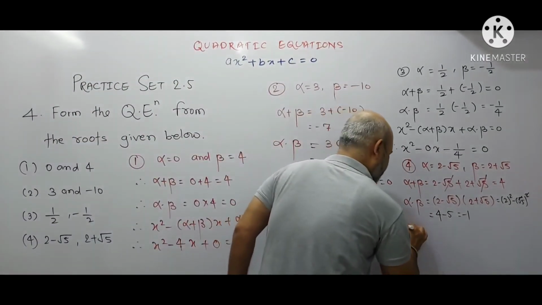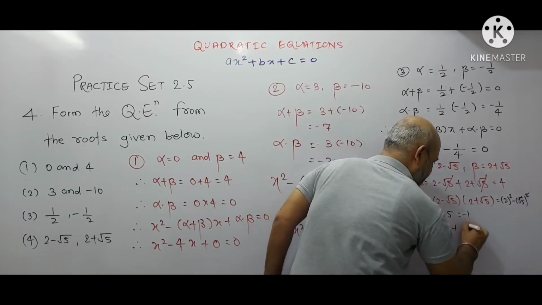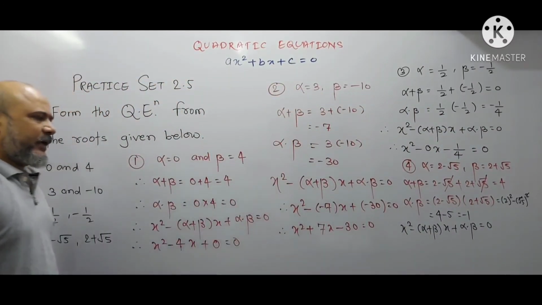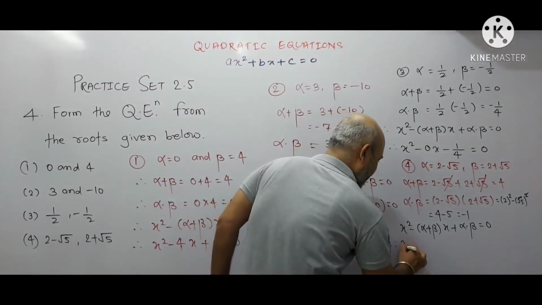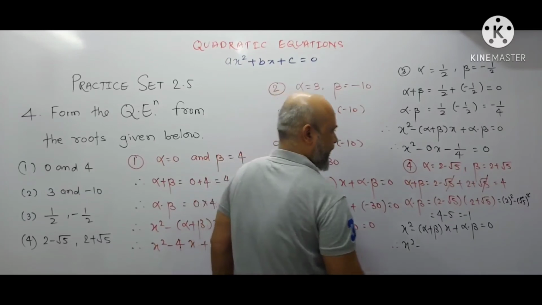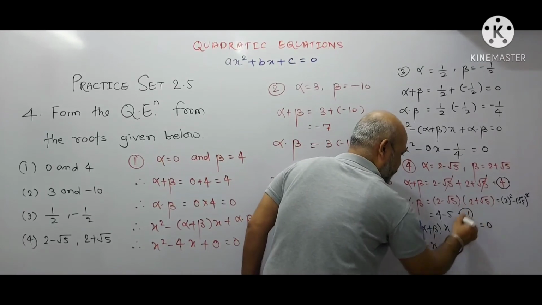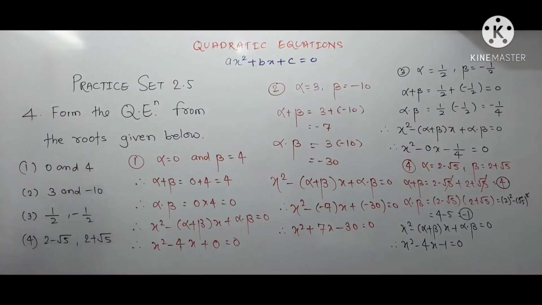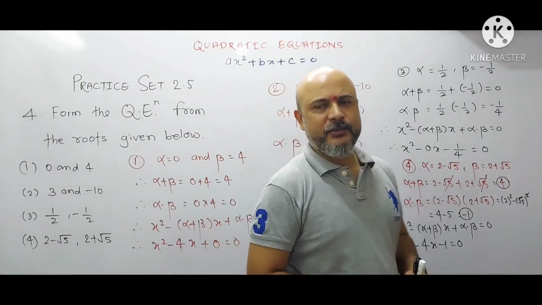Now you will write the formula, that is x square minus alpha plus beta into x plus alpha into beta is equal to 0. Now substitute the value of alpha plus beta and alpha into beta. Therefore, you will get x square minus alpha plus beta is 4, so you will get here 4x. Alpha into beta is minus 1, so you will get minus 1. This is equal to 0. So this is the required quadratic equation when the roots are given. Okay, students. So this is the question number 4 of